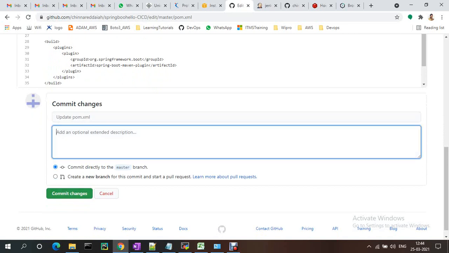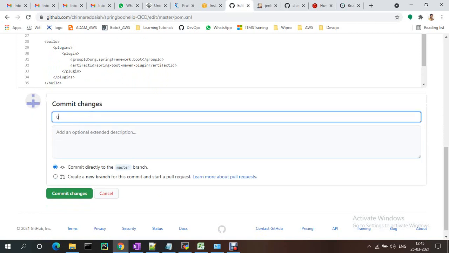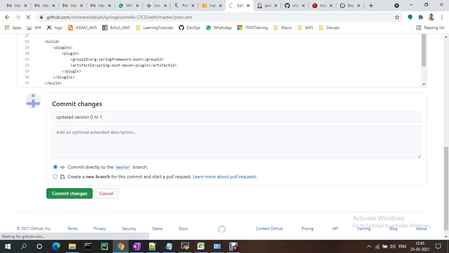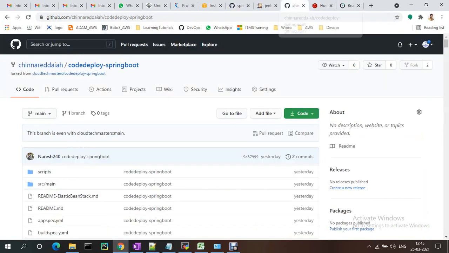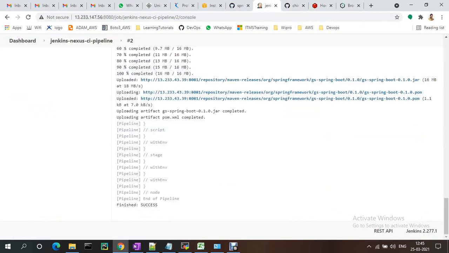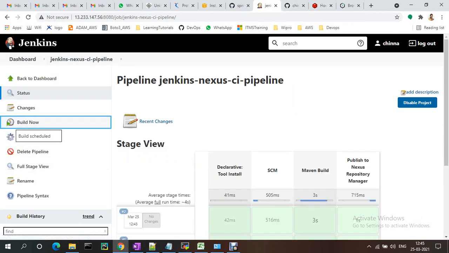Just you just need to be committed. Okay, just updated version 0.021. Okay, minor version change and just committed. Okay, if you do build now, the latest form file will be, latest version should be updated.